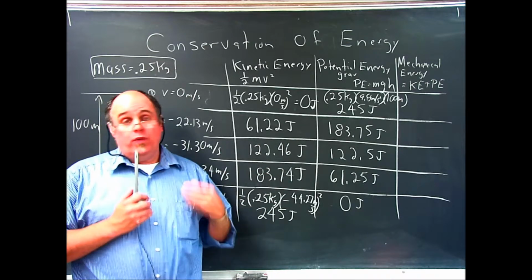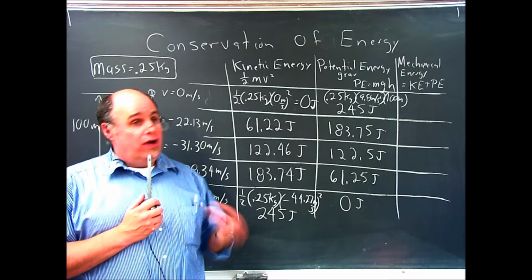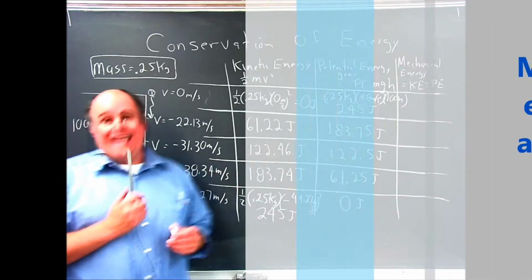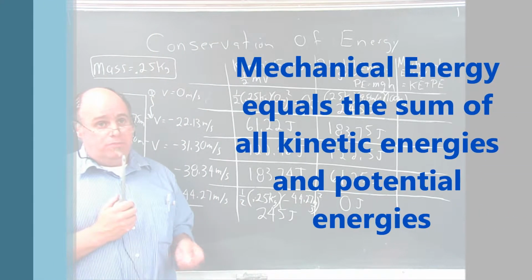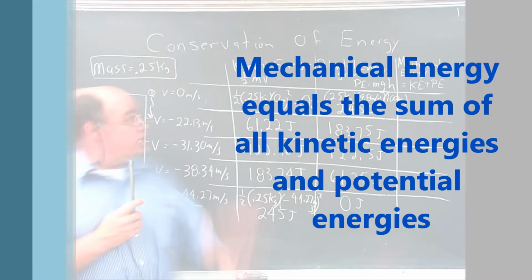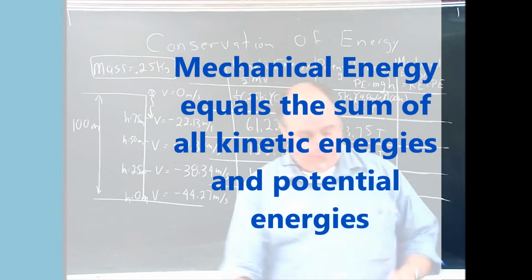What we say is there's something called conservation of mechanical energy. First of all, mechanical energy means just add them up. Add up all of the energies you know about that are called mechanical energy. Kinetic is in mechanical energy, potential is in mechanical energy. So if I add those up,